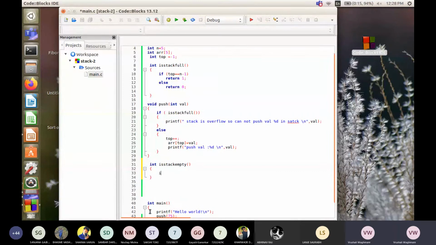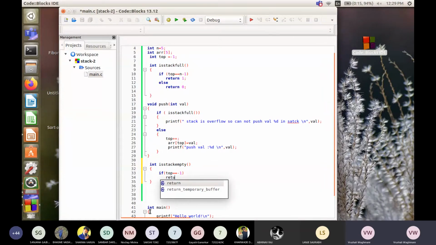In this function, what we are going to check here, we are going to check top is equal to -1. Okay, if top is equal to -1, it will return a value 1, else it will return value 0. ठीक है, this is a simple function to check stack is empty or not. How will we check? We'll check if top is equal to -1. Okay, these are the objective type questions.